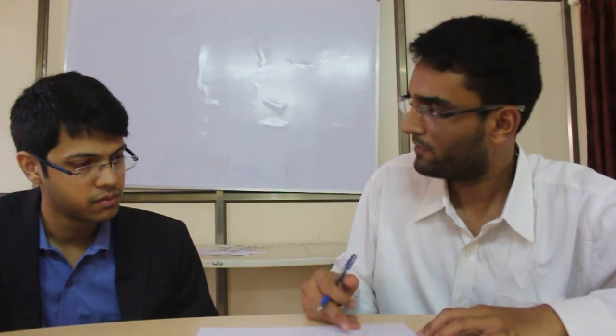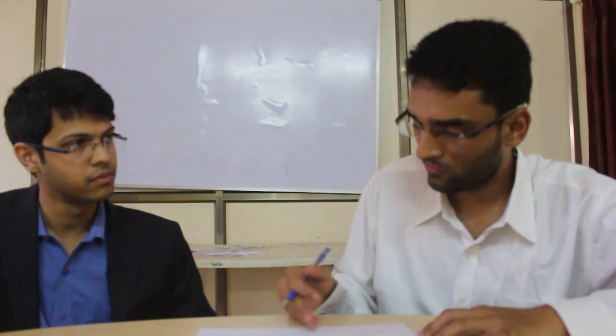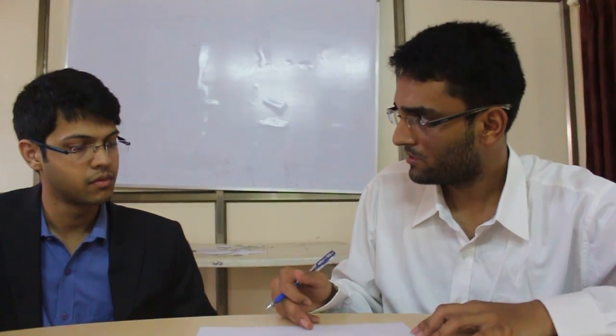Okay, so can I just tell you my overall approach to the case and ask you if that's fine? Great idea. Okay, so what I will do right now is I'll split the profit as revenues minus costs. I'll split the revenues further into two major revenue streams. One is from toasters and one is from the other products. I'll further bifurcate this into the number of units sold and the price per unit, which will give us the revenue for every branch. And I'll break down the costs as costs for toasters, manufacturing toasters, distributing toasters, and so on, and for other products. And in the toasters, I'll look at the fixed cost and the variable cost, and I'll do the same for the other.